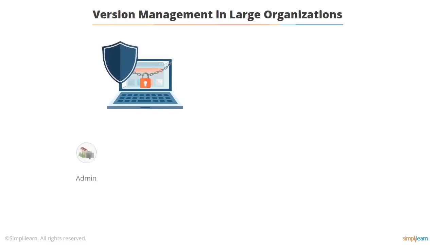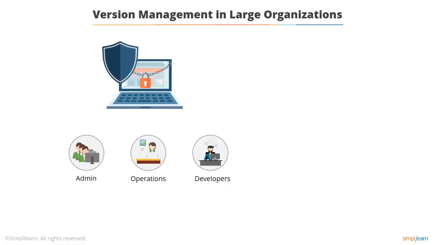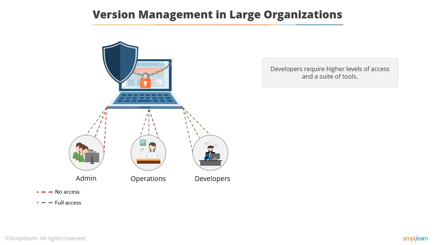least privilege principle from security, you don't want to give everybody the full access that, say, a developer needs when they don't actually need it because of the issues that raises. Developers require higher levels of access, and they also require very specialized tools which the others will not need at all. So then when you want to, say, apply a patch to Windows or something else, or update a library or some software, it gets very difficult.